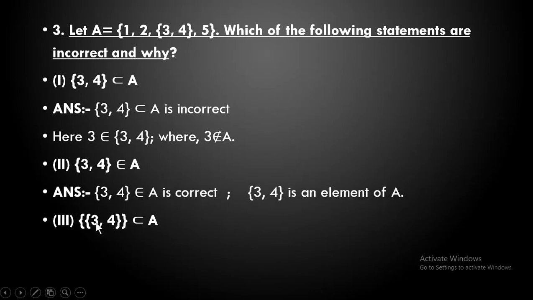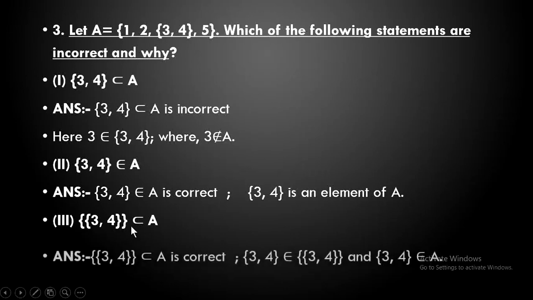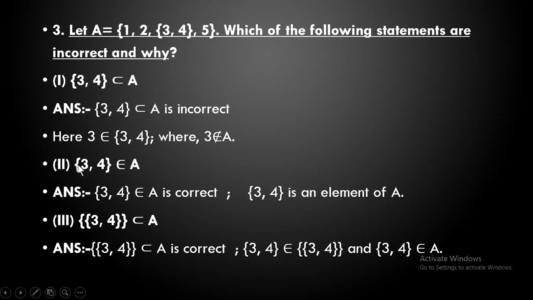Now next you can see that set 3 comma 4 I have made here. Now this is a subset of A. That is what they are saying. Now this is correct because in the previous one you have seen that set of 3 comma 4 was an element. So an element belongs to a set. But when you write a subset, you should always put that element in a set in curly brackets. So I have put them in curly brackets, and then it becomes correct that 3 comma 4 is a subset of A. Because here the set of 3 comma 4 is one complete element, and that element is written in brackets, so that becomes a subset or a part of the set. So the statement is correct.